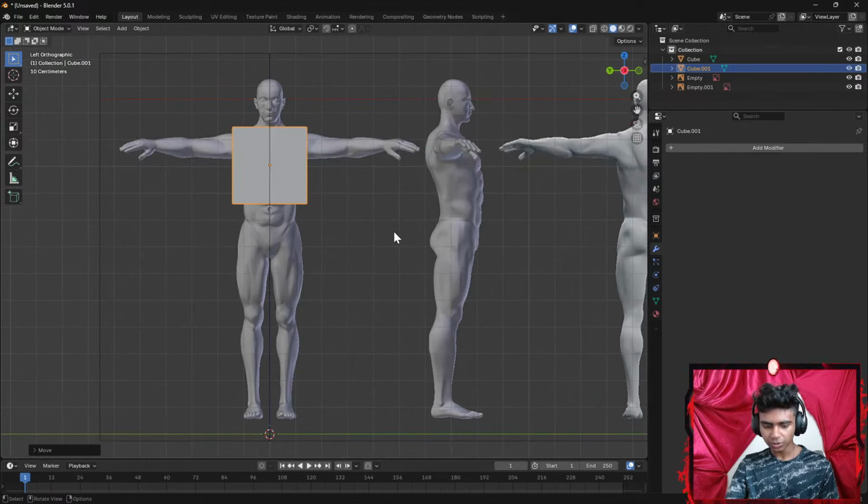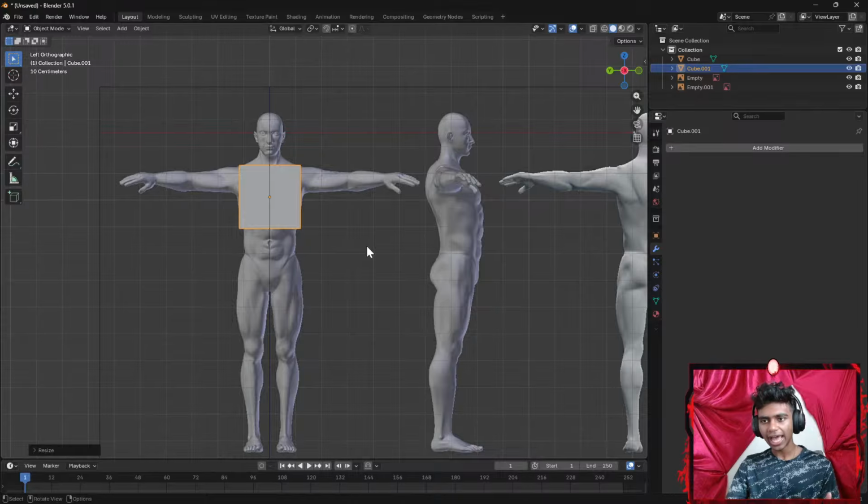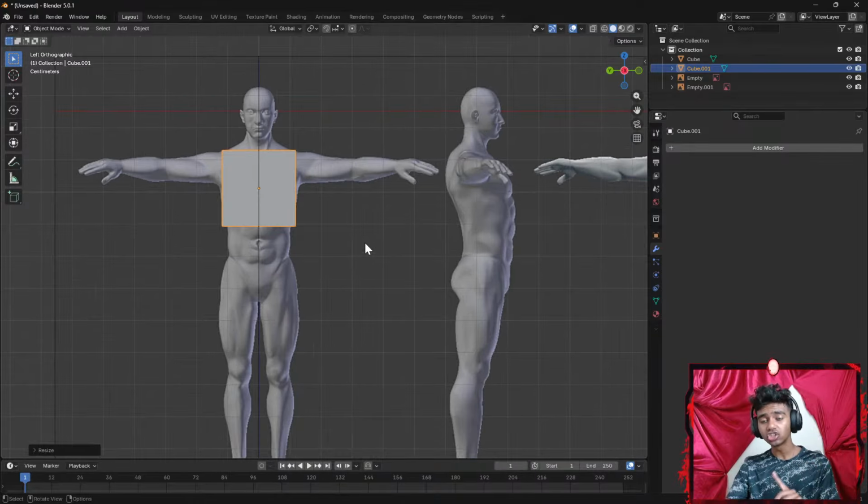Okay, I think that's pretty much it. Let's go with S to scale. There, and then G Z to go a bit higher. Okay, and maybe a little more S. There. Okay, now I'm gonna go ahead and add my mirror modifier, but before I actually do that, I'm gonna